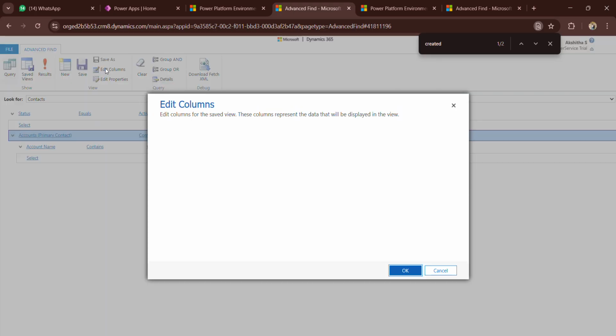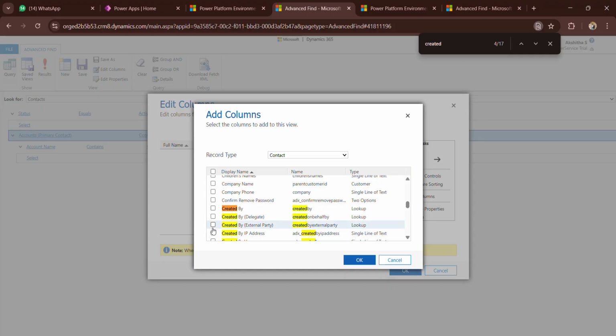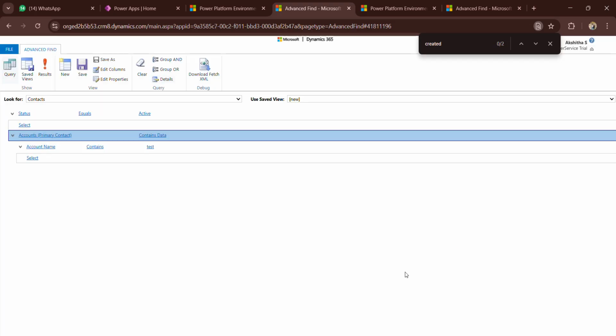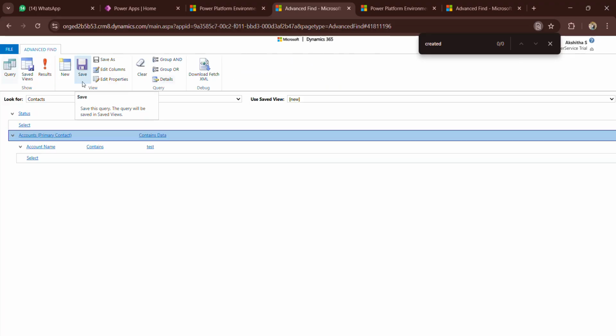If you wanted to add or remove, I wanted to remove, now I will select this and remove. If I wanted to add, I will go to add columns and I will select that particular field which I wanted. Okay, and okay, results. So that particular field will come here. And next thing,